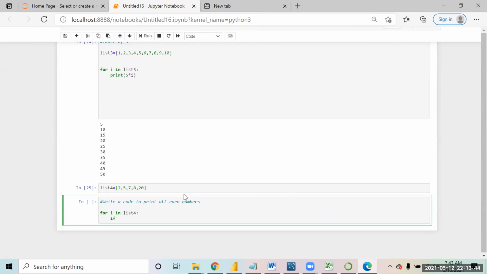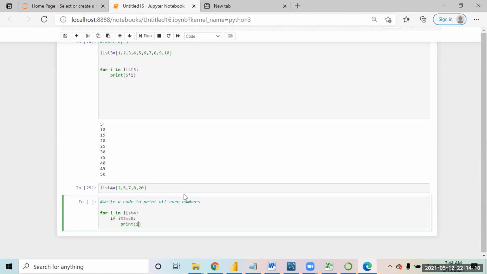I can say if, and divide the number by 2, and if I get the remainder as 0, what will that mean? That will mean that the number is even.